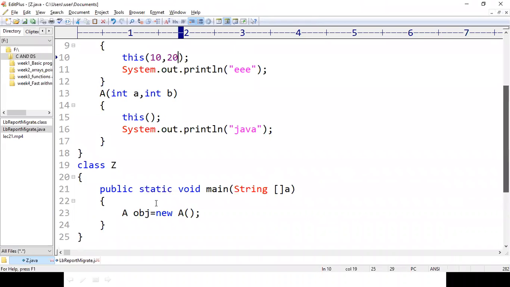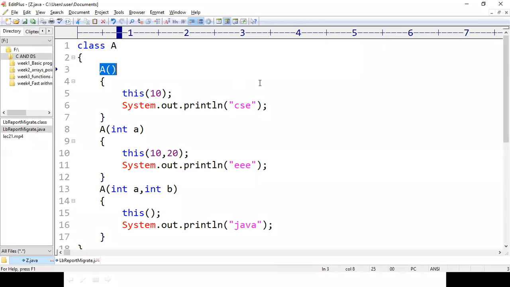See here, we have created an object of class A, right? Which means the compiler is going to execute this particular constructor. The execution will start from this constructor. Inside this constructor, we have this of 10, which means this particular keyword will tell the compiler to execute another constructor which is going to take one integer value as a parameter.